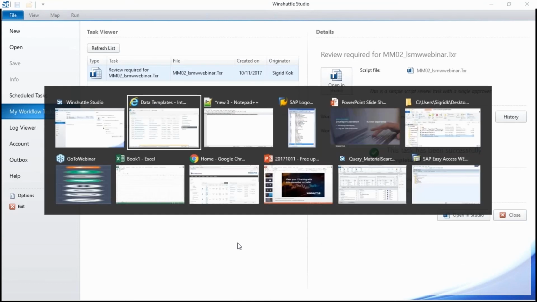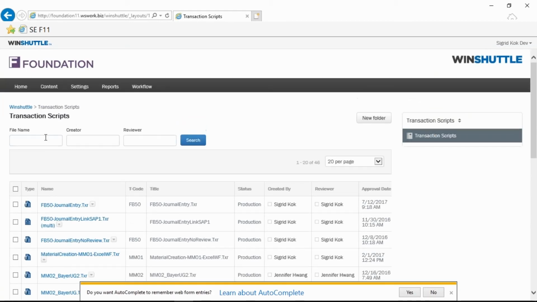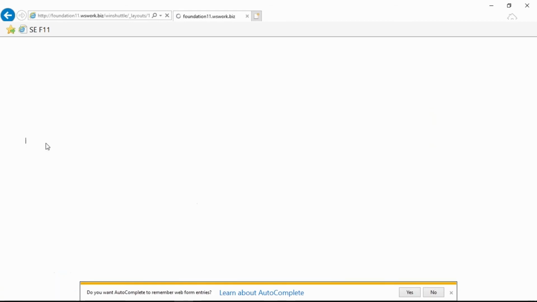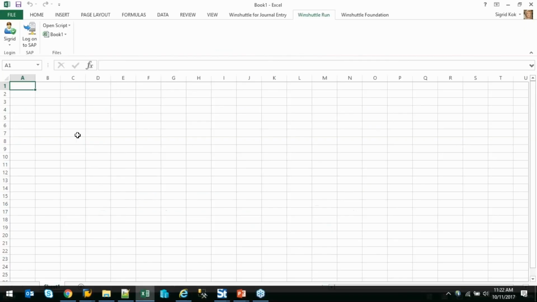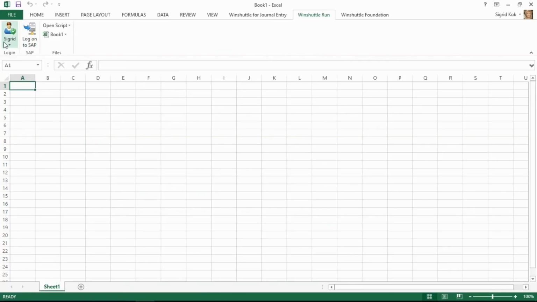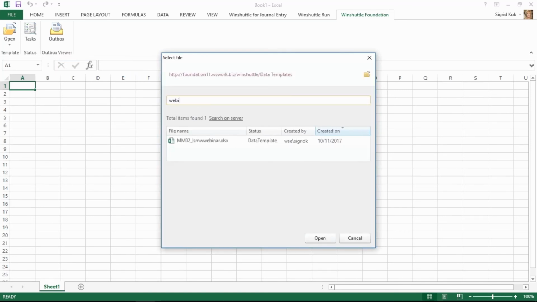So I went ahead and approved it, and if I go back here now to my transaction scripts and I search for MMO2, there it is, and you'll see I'm the reviewer, and it's now in production status. So if I came here, I've connected in Excel here, I've connected to our user governance site, and when I do that, I have this additional tab where I can come in and I can find my template. So now I'm from the end user perspective. I can pick it,